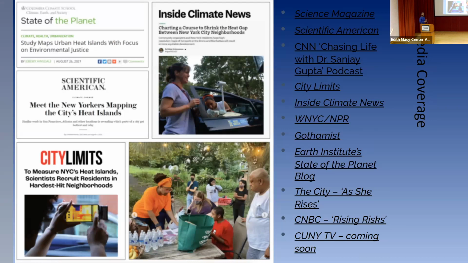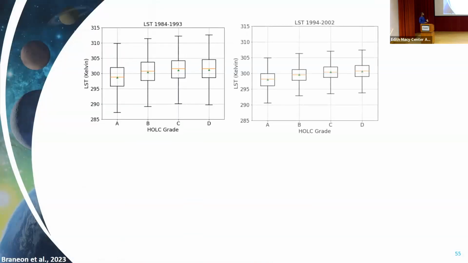And I would honestly say all the growth that the faculty and students involved received by being part of this process. And this is being published. This work is part of work I'm doing with the New York City Panel on Climate Change that will be published this year in the New York Academy of Sciences.